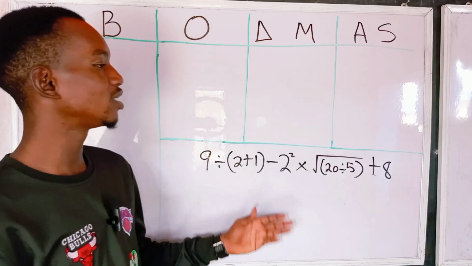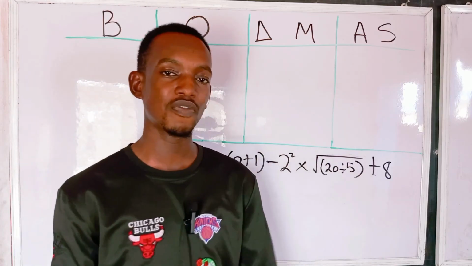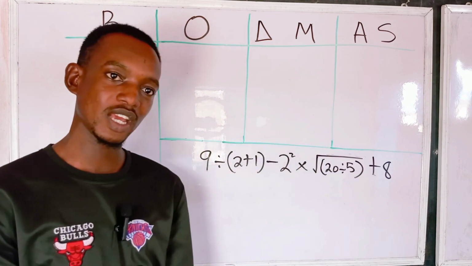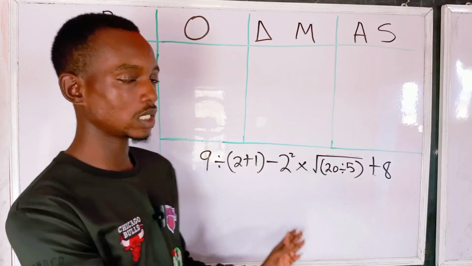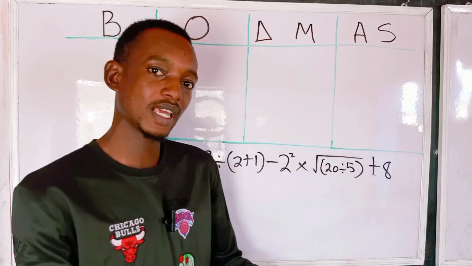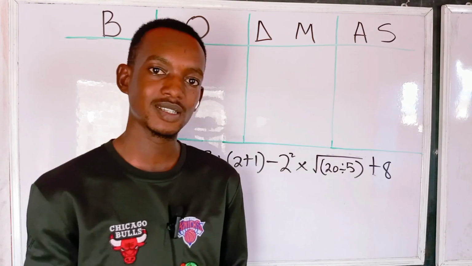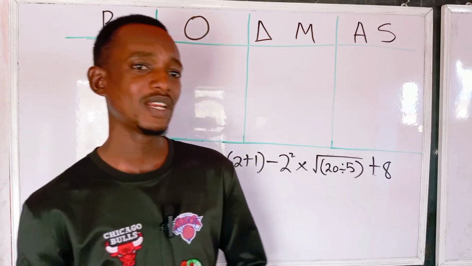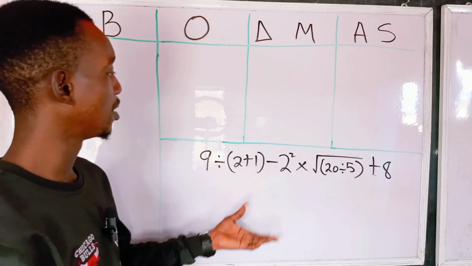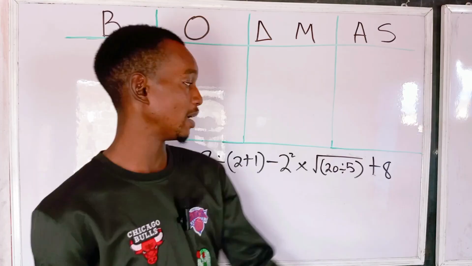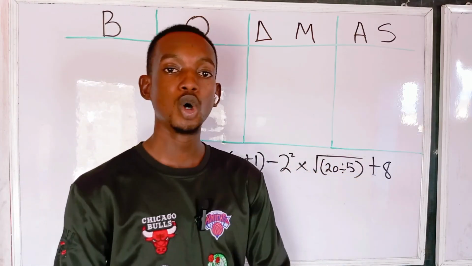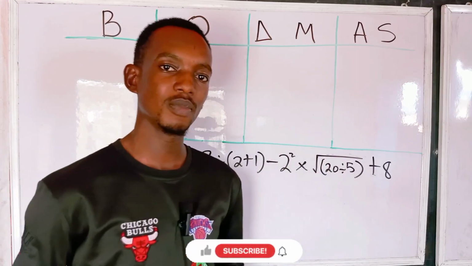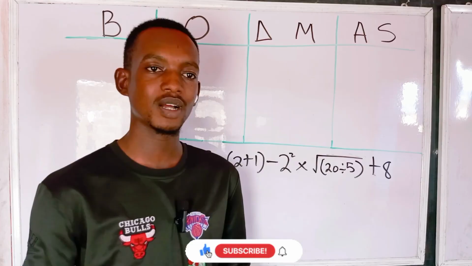In fact, this sparked a lot of debate before the order of operation was formulated. Because in my country, Nigeria, we might solve this and get -2. In Australia, they might get 5. In Japan, they might get 16. Why are we not getting the same result? It might be that in Nigeria, I decide to add first before I square, or in America, they might decide to multiply first. Nobody is wrong mathematically,